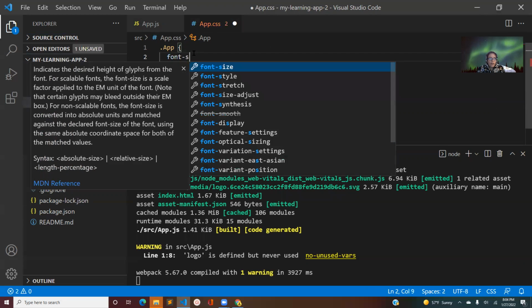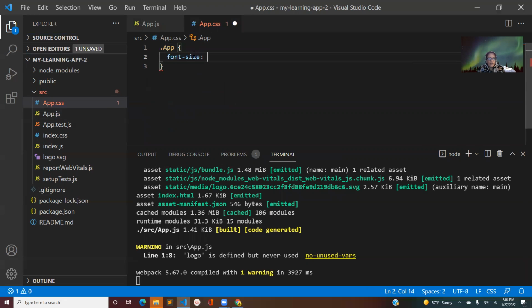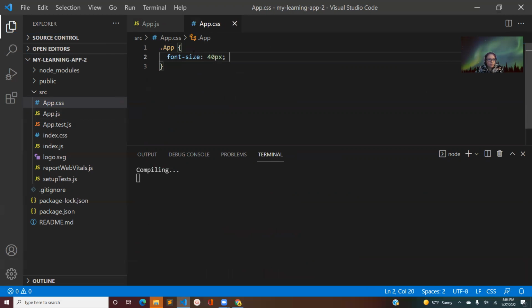font size. I know everybody's like, don't use pixels, but I haven't got to that stage where I write better CSS. So I'm just going to put pixels. I'm going to put 50 is too many. We'll do 40 pixels. And then,